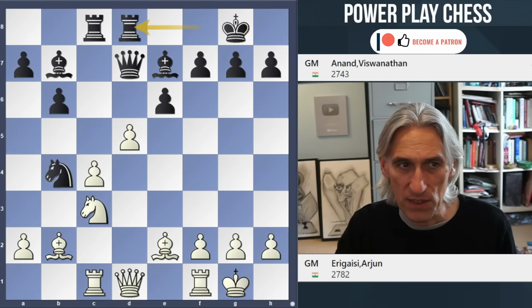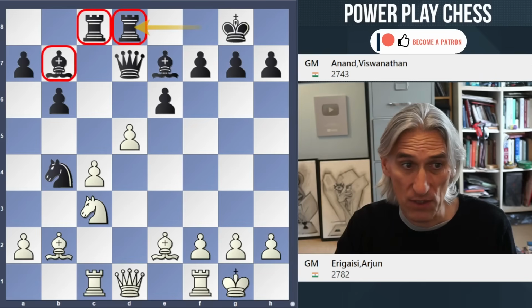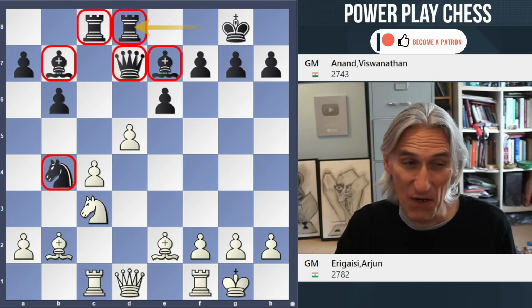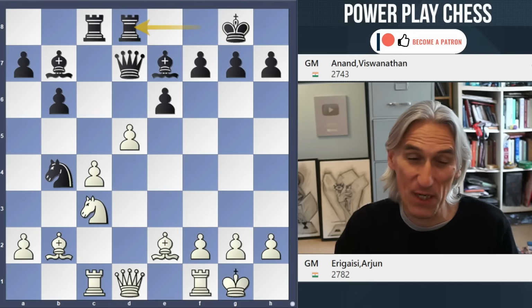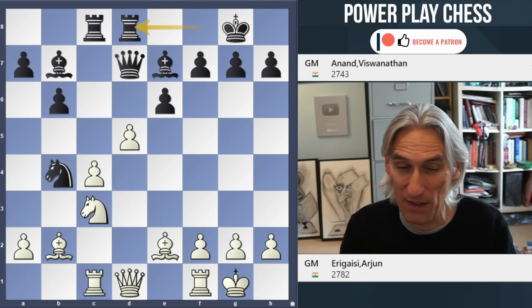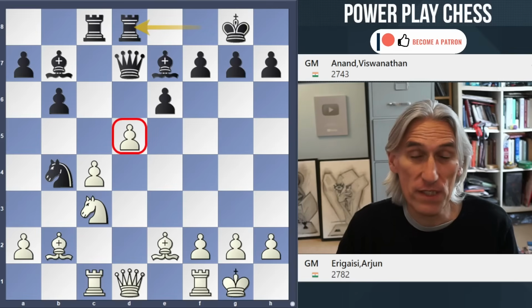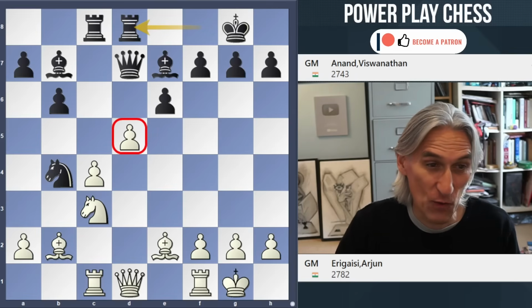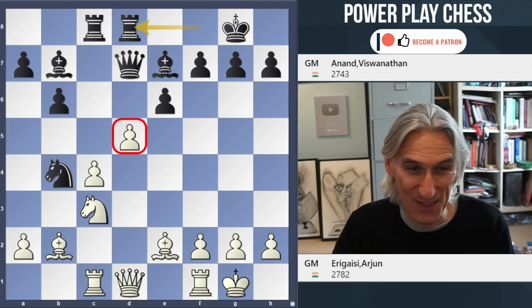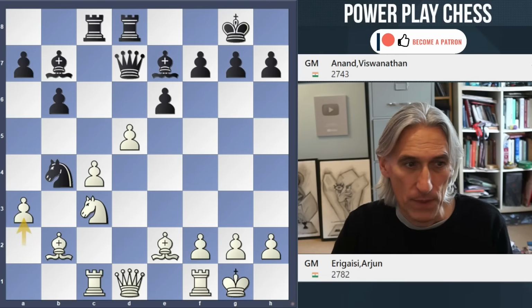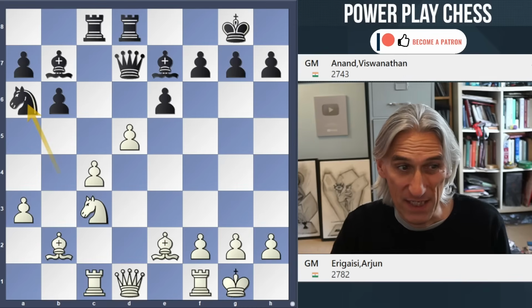Rook d8, simply bringing another piece into the middle. I mean, black's pieces are beautifully coordinated. That's really the hallmark of many of Vishy's games, where he coordinates his pieces so well. So just a great classical player. And that increases the pressure on d5, and one day he might actually take that. a3. Erigaisi pushes the knight back, has to go to a6,